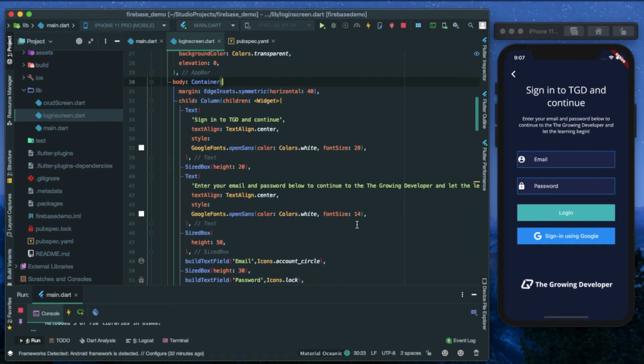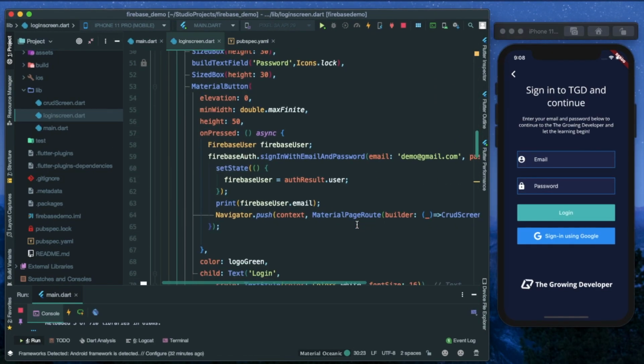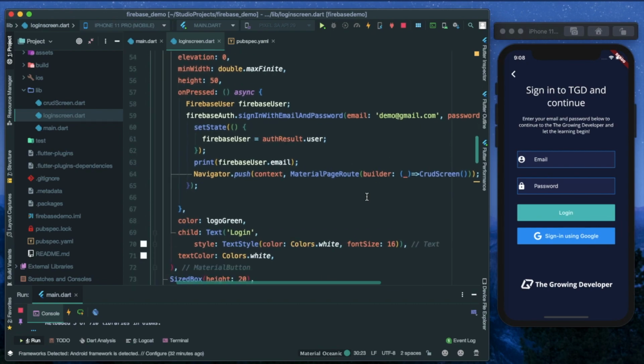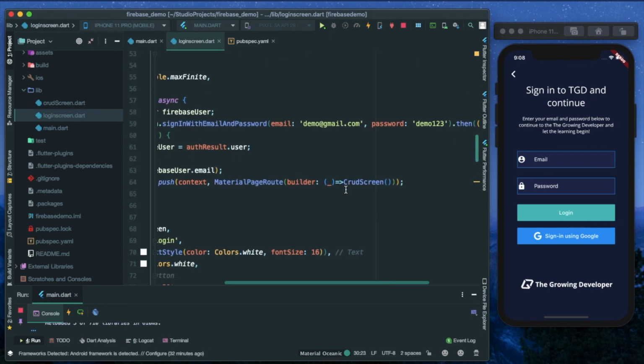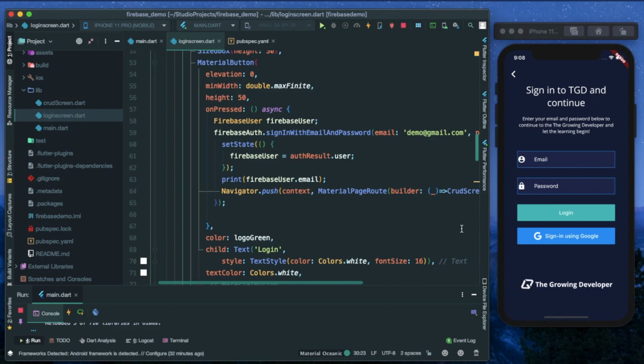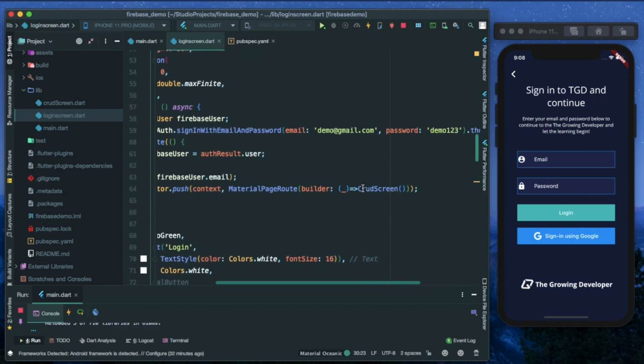This is the login screen, and inside this login screen you can see that when we click on login, we directly add the email and the password to it, and then we'll move on to a new screen. Now, this is new to this video. I've created a new CRUD screen. Let me just show you. If you click on login,